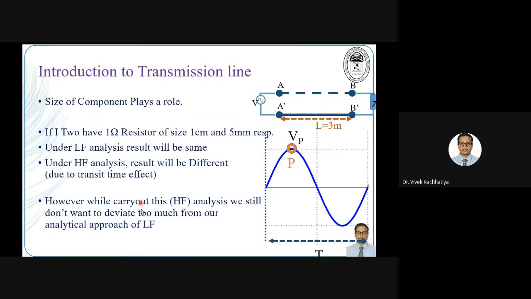We know along the length how many resistors are there. So first we write down the voltage source on the left hand side, and on the right hand side we write down the current and the respective resistor values. And then this path will be followed. This is applicable only if my wavelength is much higher than the length. So now please suggest how we do this high frequency analysis. When I ask how we do our high frequency analysis, it means how to find out the current and voltage values throughout this conductor AB.